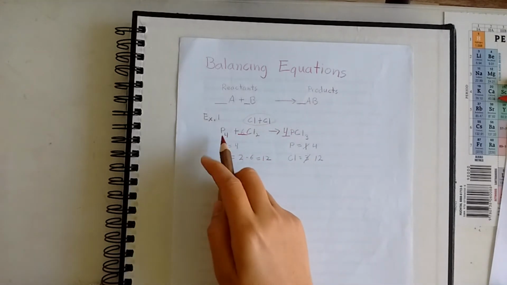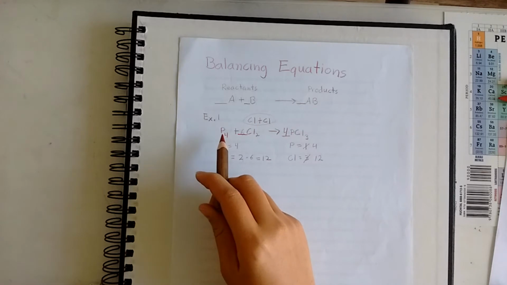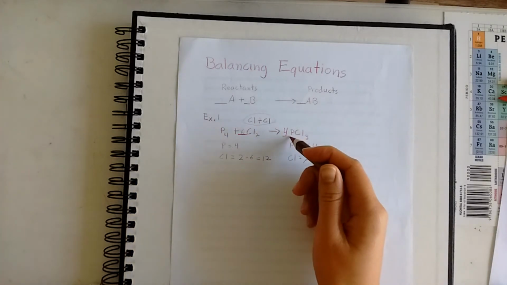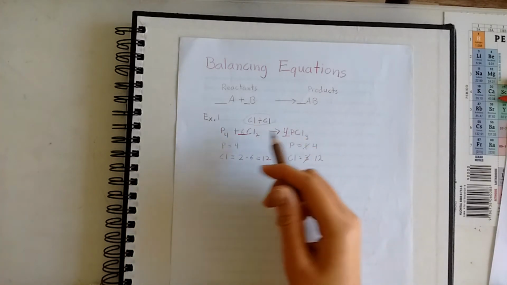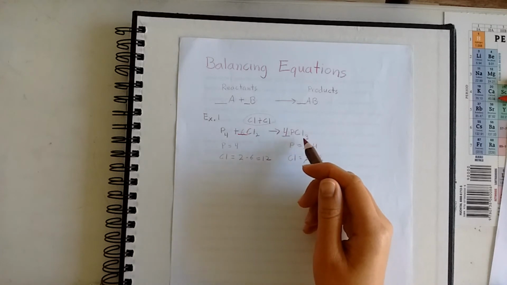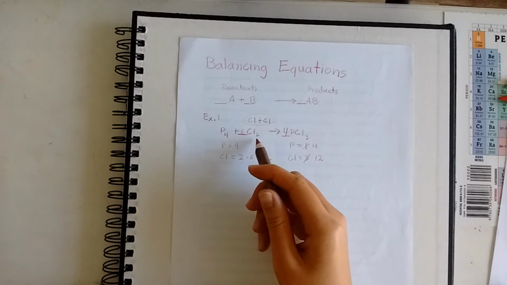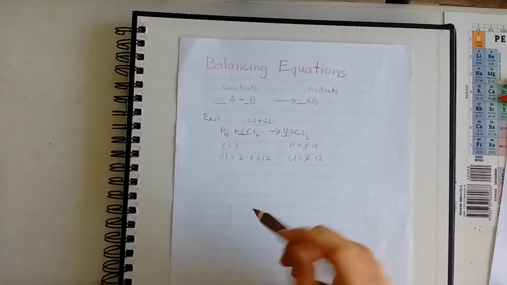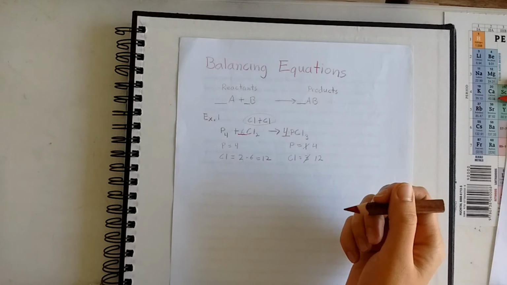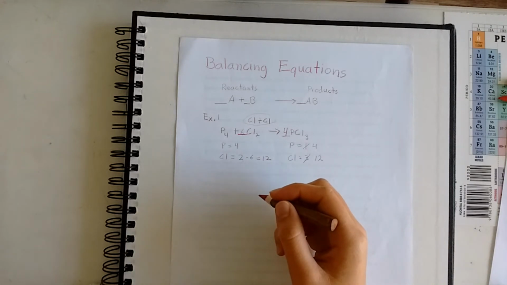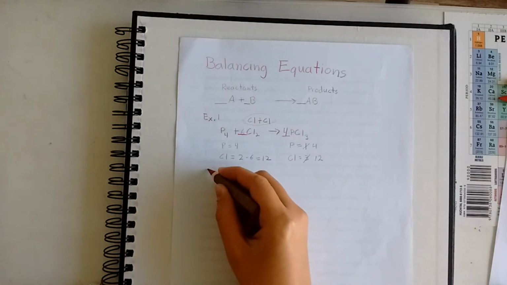So now we know that there are 4 phosphorus atoms here, and 4 over here, 12 chlorines here, and 12 here, right? So 4 times 3 in this case for chlorine, and 6 times 2 for chlorine here, which both gives us 12. So for our second example,